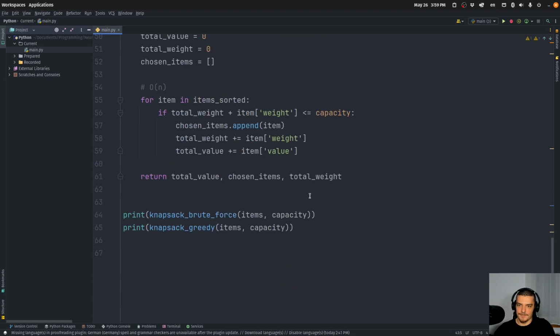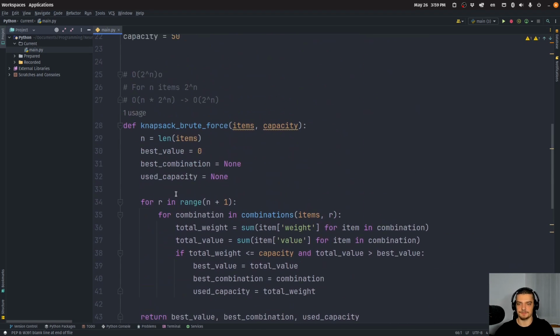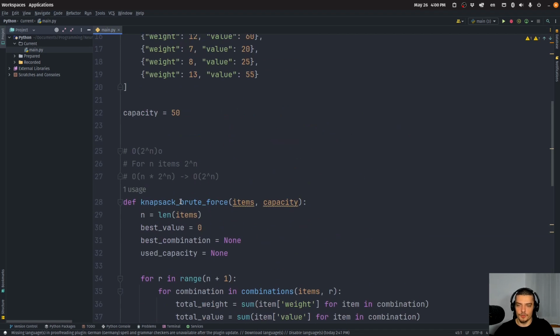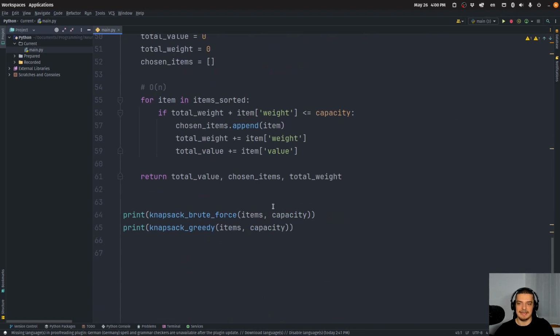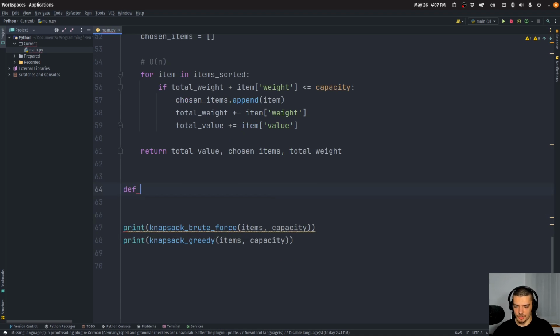All right. Then finally, since we now have this heuristic that does not necessarily find the optimal solution, but runs in n log n time, which is okay, this is even better than polynomial time. Then we have the brute force solution, which finds obviously the best solution, but it finds it in exponential time. Now we're going to look at the third algorithm, which is still not polynomial, because the problem is still NP hard, but it's better than the brute force solution, and it guarantees to find the best solution, and this is the dynamic programming approach. So we're going to create a function called knapsack dynamic, again with items and capacity as